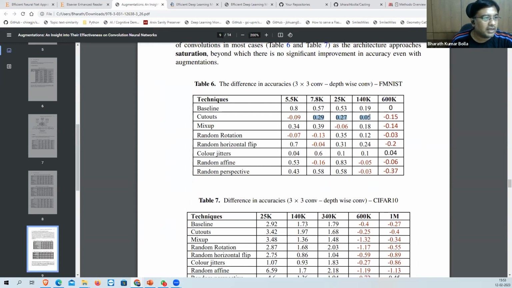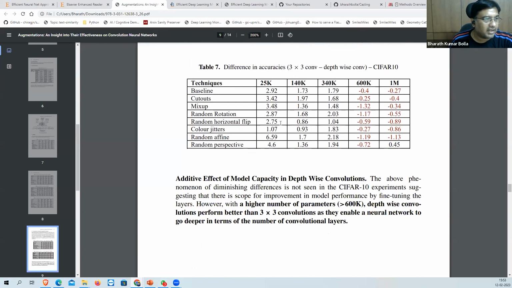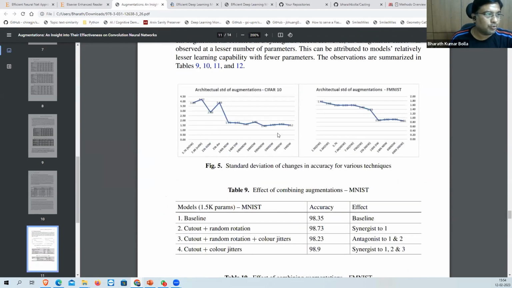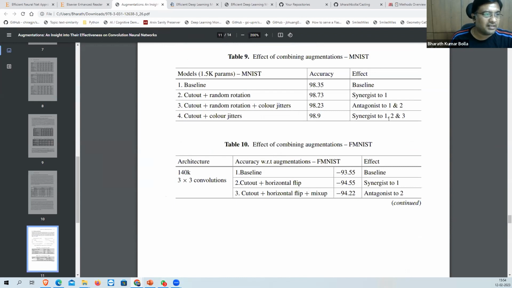But there is one model that is almost always performing better, on CIFAR 10. Especially on CIFAR 10, even on the smaller architecture, Cutout and Mixup are giving better accuracy, and random affine is getting even better accuracy. So augmentation techniques have different effects on different data sets. We outlined which is better in this paper. I don't want to discuss this paper too much now, but we also described which augmentations are generally synergistic and which are generally antagonistic.